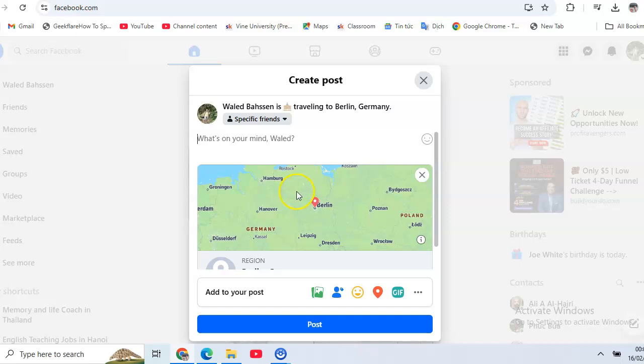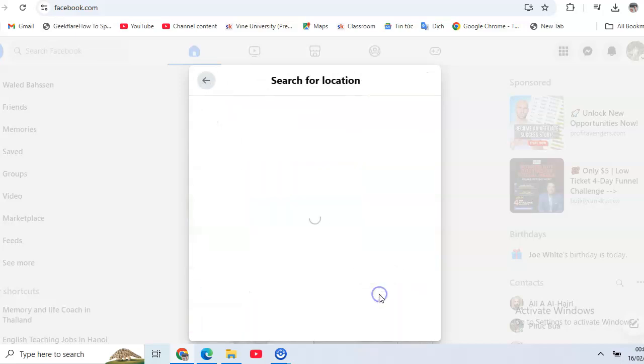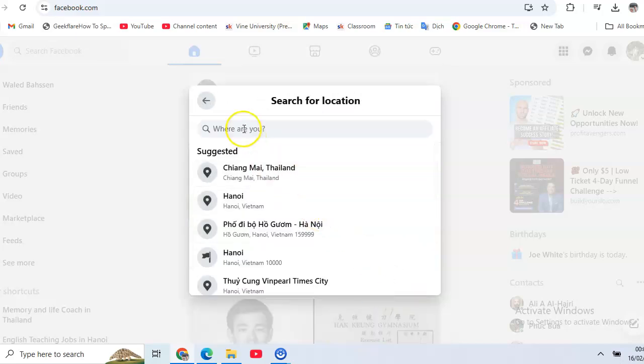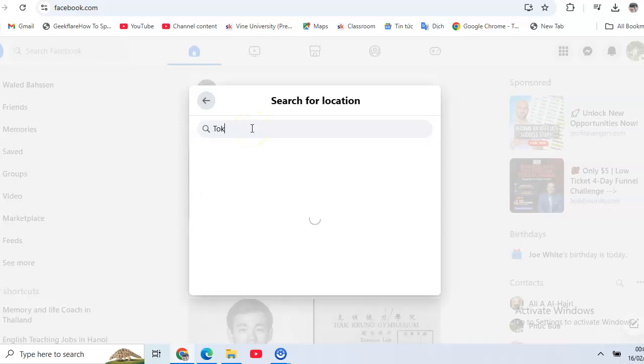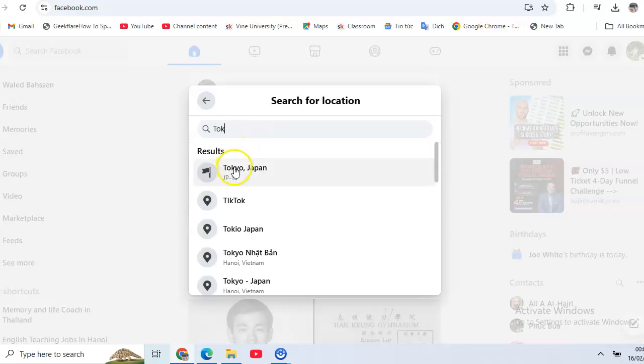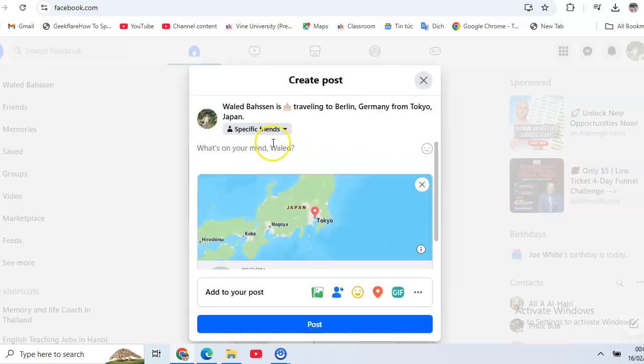write where you travel from, you see this icon, check in. Just click on it, and here you can type, for example, from Tokyo, Japan. Okay, you see here, traveling to Berlin, Germany from Tokyo, Japan. And here for